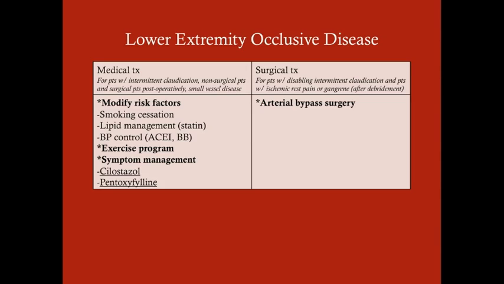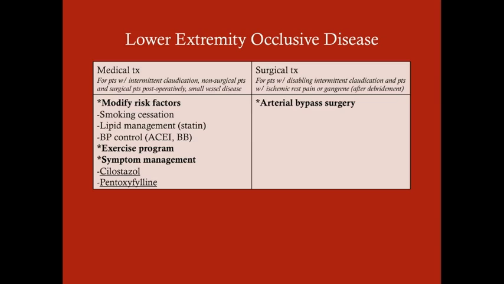The medical treatment, which of course we're going to do for patients who don't need surgery at that particular time, so patients with intermittent claudication, non-surgical patients, and then any of the surgical patients with ischemic rest pain or gangrene post-operatively. And for patients with small vessel disease, we're going to modify their risk factors, so smoking